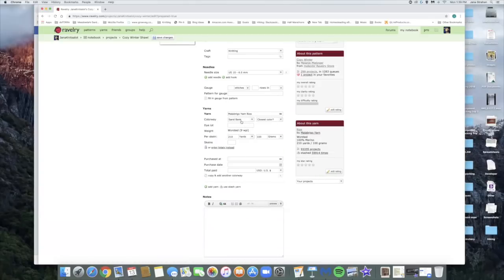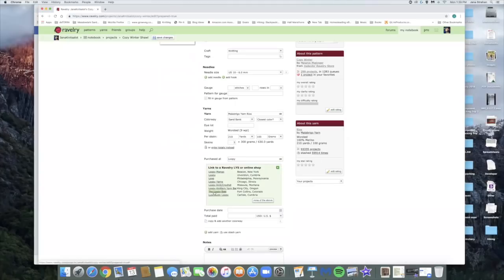Okay, if you didn't know the name of it, you could just choose tan or beige or whatever it is, the closest color. Now I can add the dye lot if I want to. And then how many skeins I am going to need. You can fill this in after you see how much you use if you want to. You can fill in where you bought it if you choose, or not, or you can just skip that. It doesn't matter. I bought this from the Loopy U in Fort Collins,